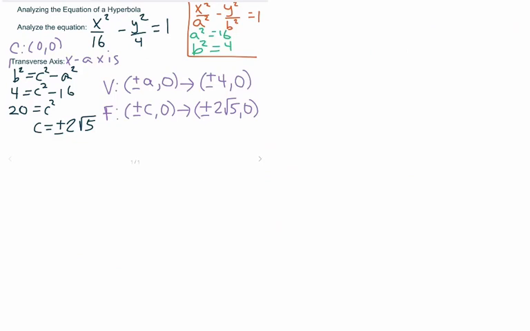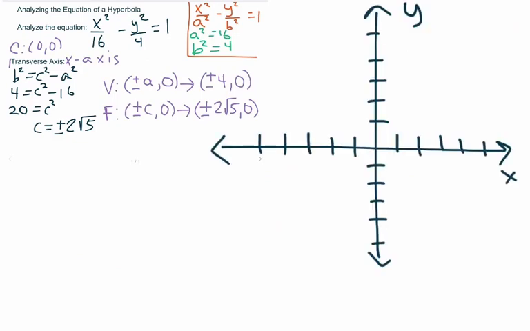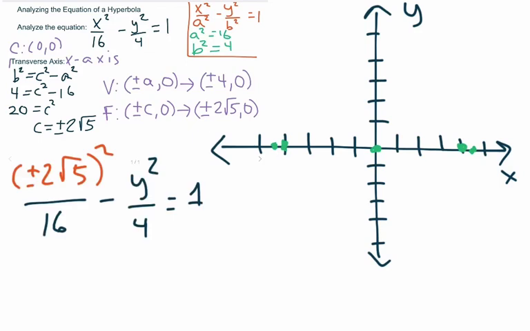Let's plot the coordinates that we have so far. Here's our center at 0, 0, our vertices at 4, 0 and negative 4, 0, our foci at 2 times the square root of 5, 0, and negative 2 times the square root of 5, 0. Next, we need to find the points on the graph above and below the foci, and we'll do this by letting x equal plus or minus 2 times the square root of 5. So by substituting plus or minus 2 times the square root of 5 for x,